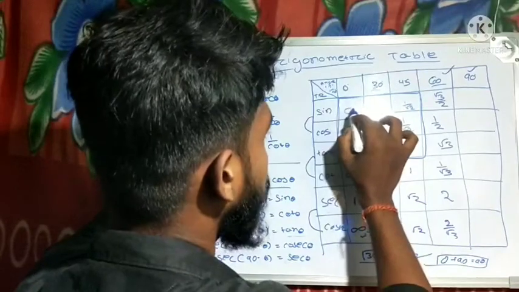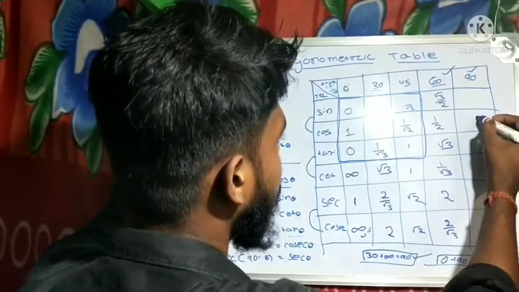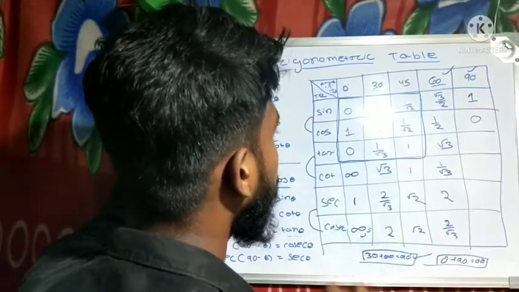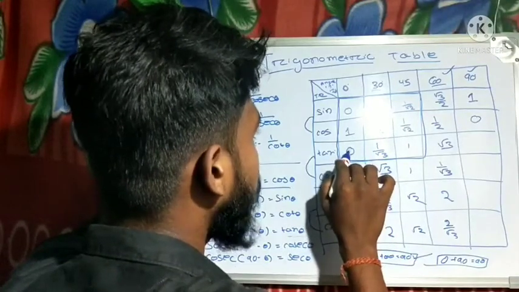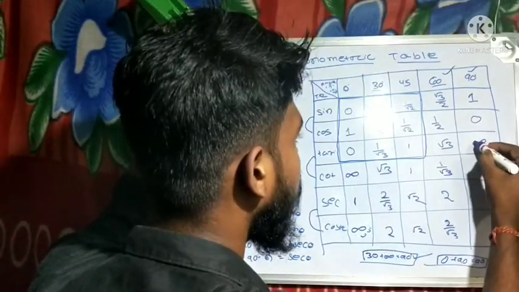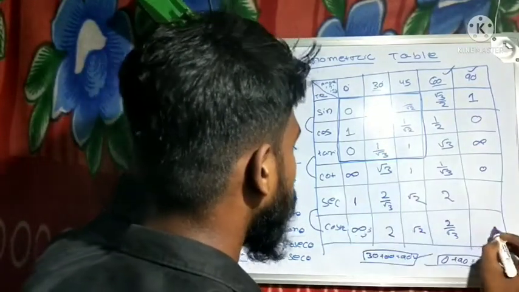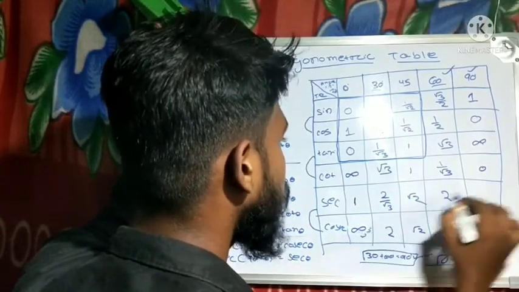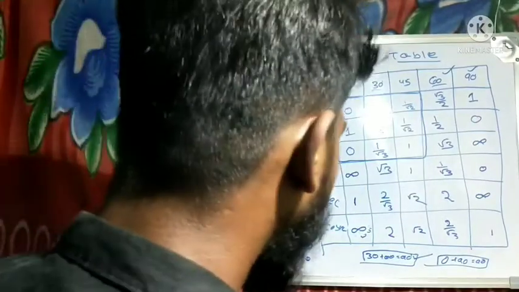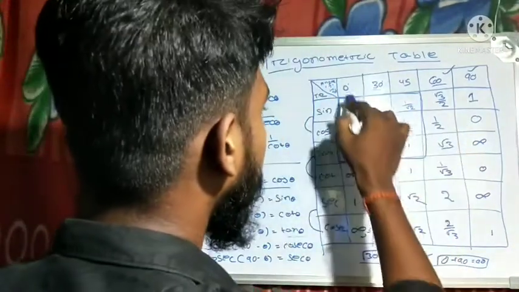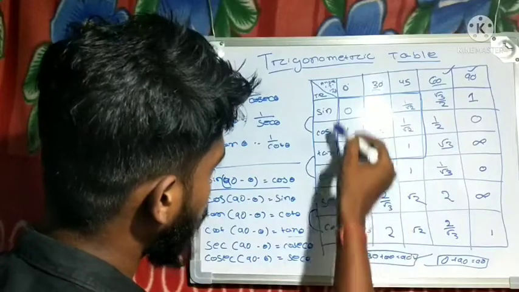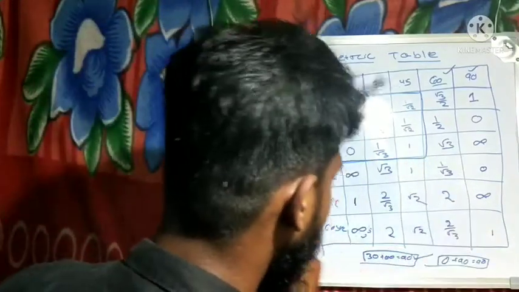Nothing to worry. See here. Sin 0 means cos 90. Cos 0, sin 90. Okay. Then tan 0, cot 90. And cot 0, tan 90. Simple. Sec 0, cosec 90. And cosec 0, sec 90. So nothing to do. You have to remember these three formulas. By these three formulas, as you know, sine is the reverse of cosec, then you can easily put the reverse of that formula, then you can find these 6.